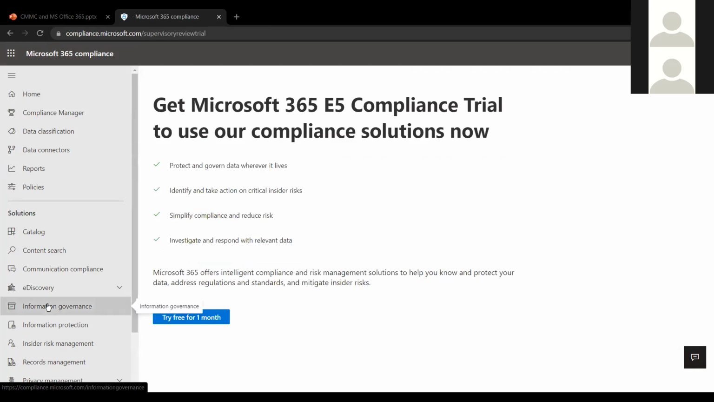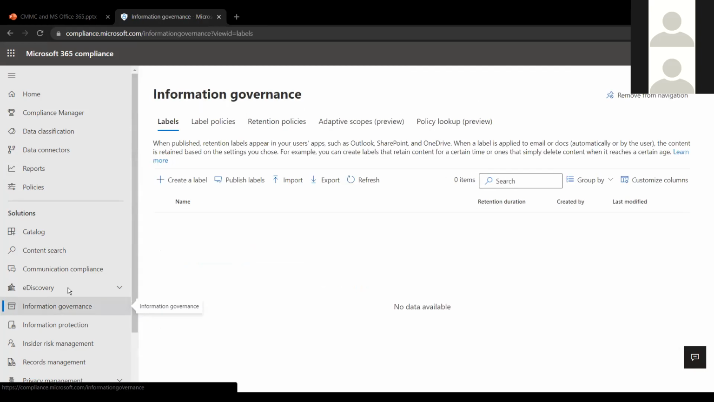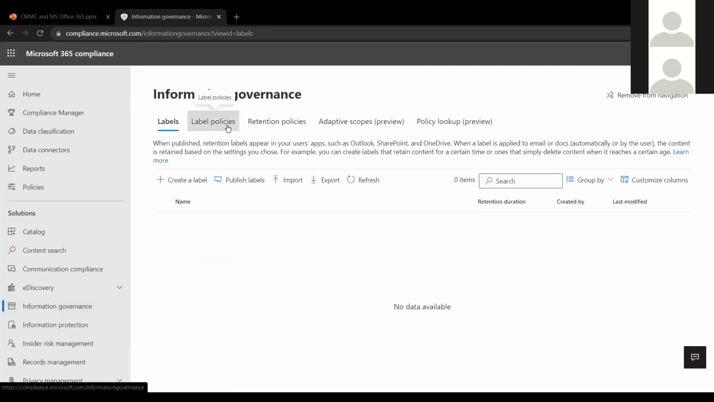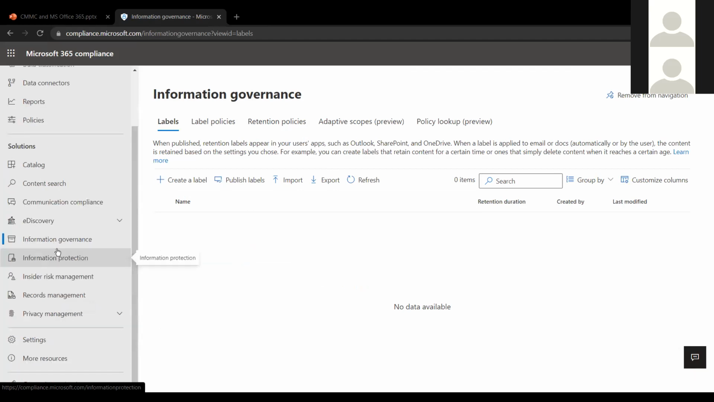There's going to be information governance. And this is what I was talking about earlier about labels. So here you can apply retention policies, you can apply sensitivity labels, and those are going to be extremely important for managing your data. Now, it's important to note that it does take a little bit of time for a retention label to